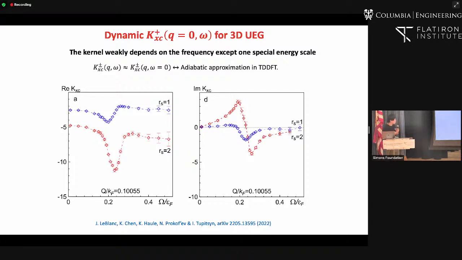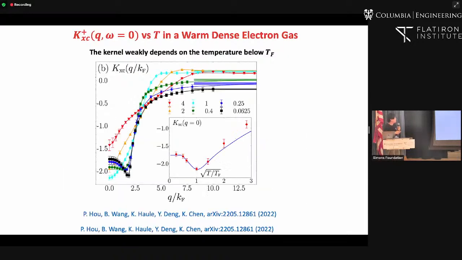Okay, so in addition to this non-trivial feature at a finite momentum, the kernel is again relatively flat as a function of frequency. Okay, so that's a second remarkable observation here. Then in addition to the momentum and the frequency dependence, we can study